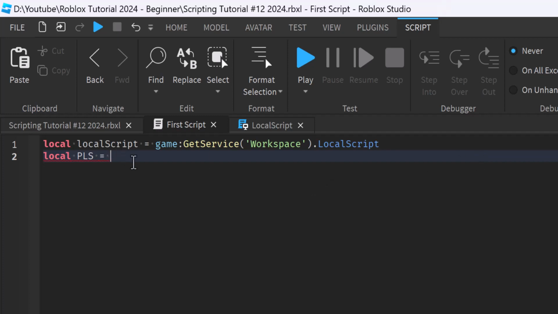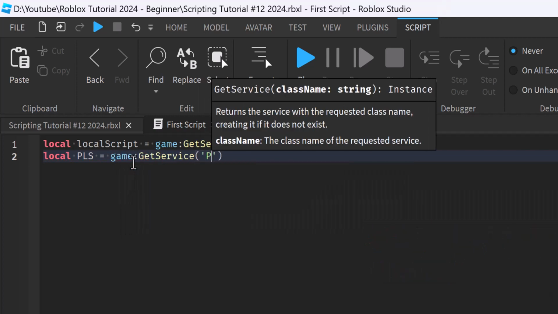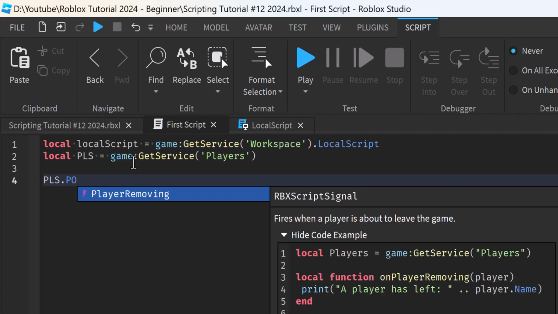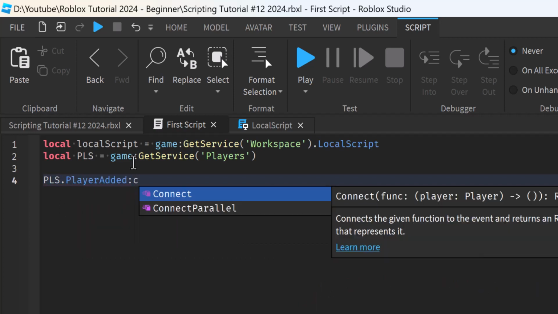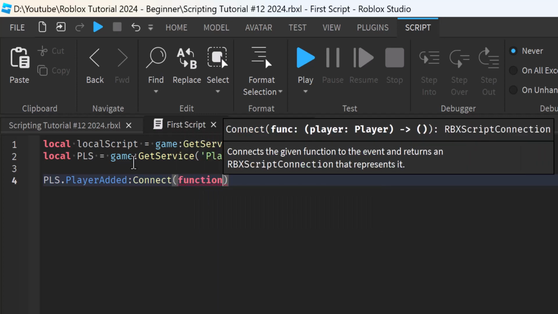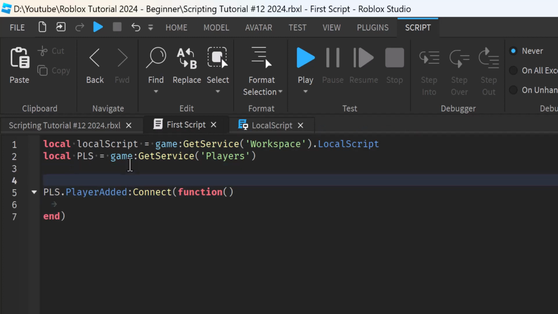So local PLS is equal to game:GetService("Players"). That's the player's service. And now let's use the event PLS.PlayerAdded. So whenever a player is added to the game, we want to connect this event to a function. Right? We can type in the function inside of the event, or we can do as we did in a